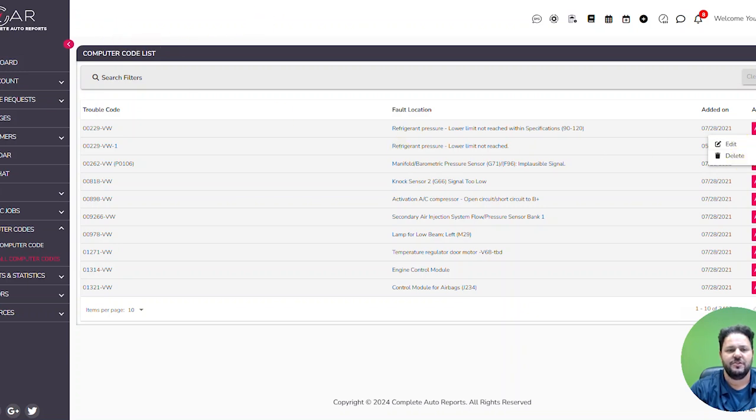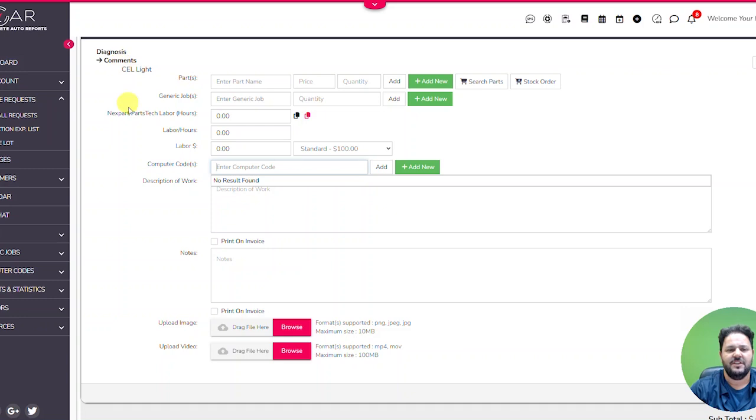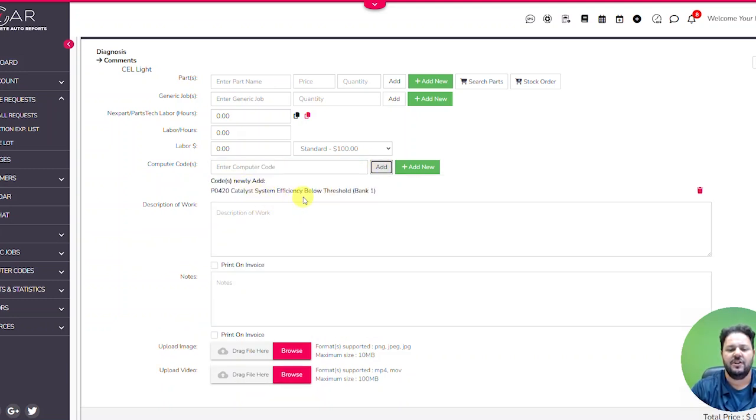Now, from a service request, every single service request job will have the ability to add computer codes to that section. So let's say you have a vehicle in for a diagnosis, check engine light, and you hook up your scanner and it tells you you have a P0420 code. So you type in P0420 and you can add that to your service request. This will help you provide significant value to your clients by outlining their exact problem and the steps that you